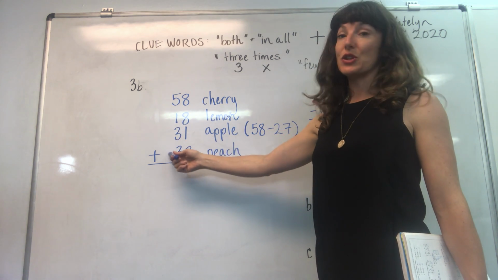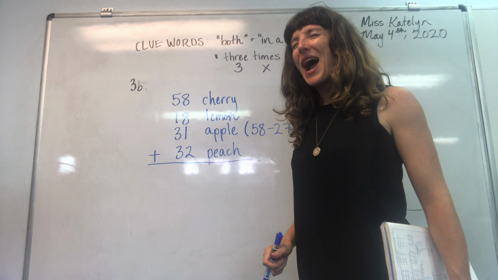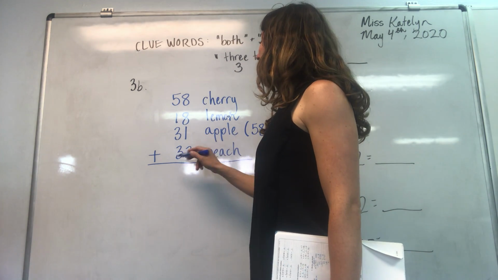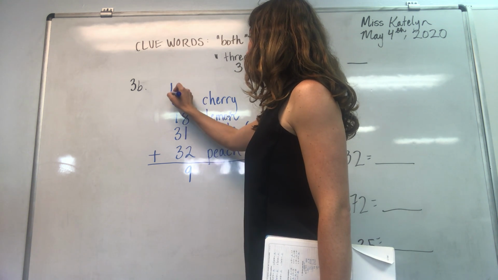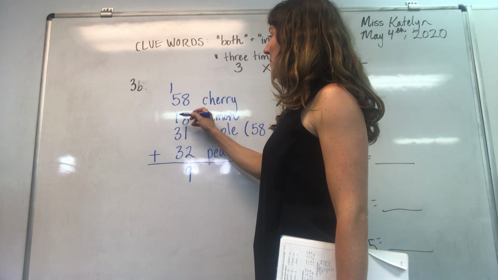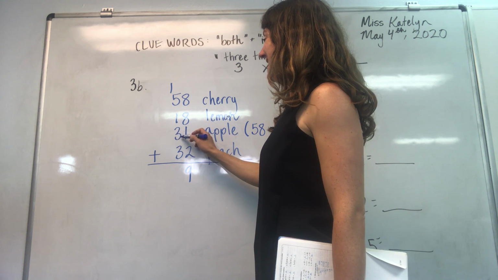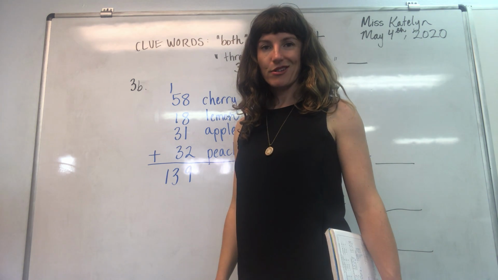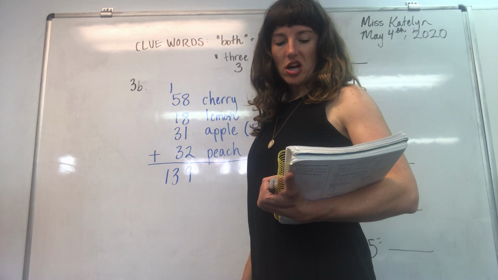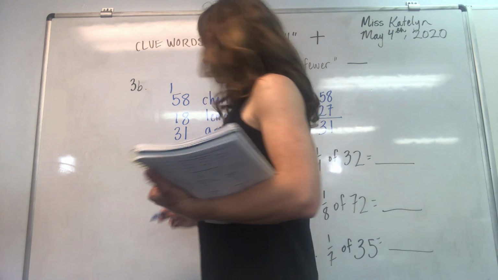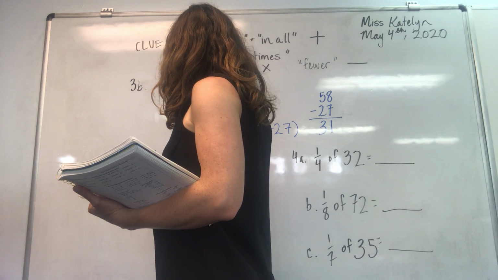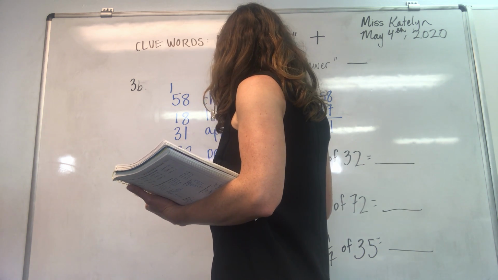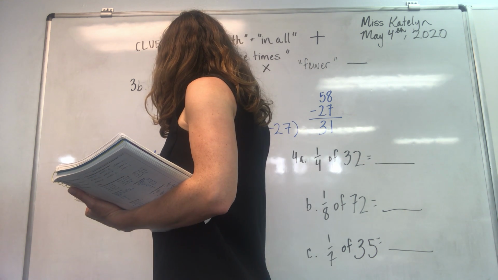58, 18, 31, 32. Booyakasha! 8 plus 8 is 16, plus 1 is 17, plus 2 is 19. 1 plus 5 is 6, plus 1 is 7, plus 3 is 10, and plus 3 is 13. 139 pies. Delicious. How many pies were there in all? There were 139 pies in all